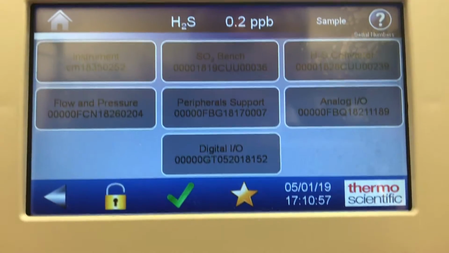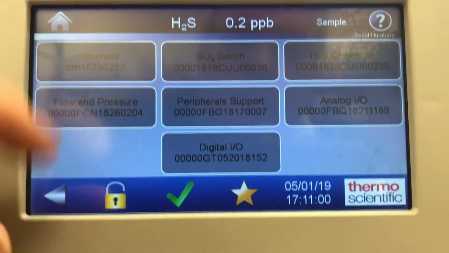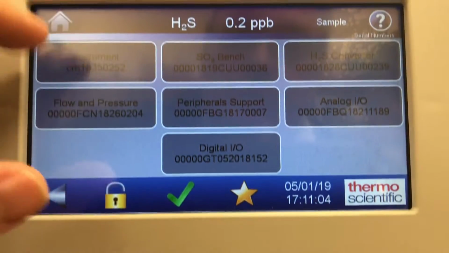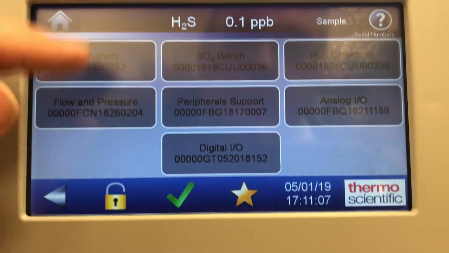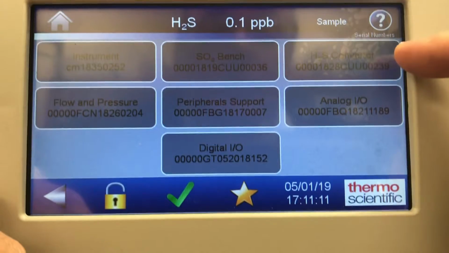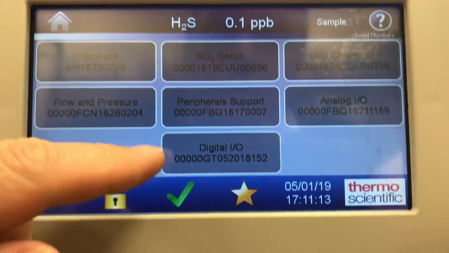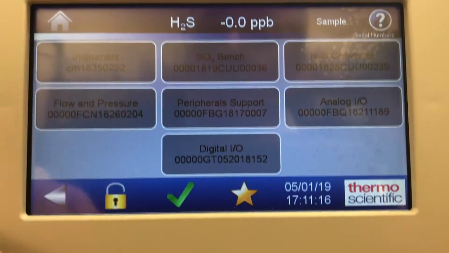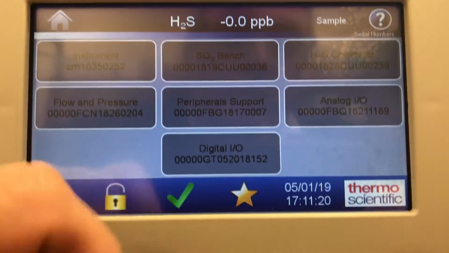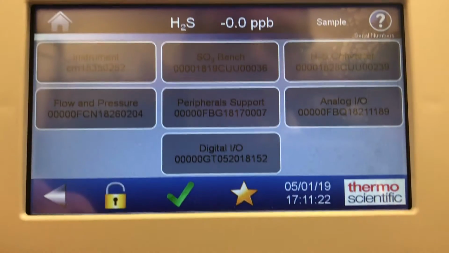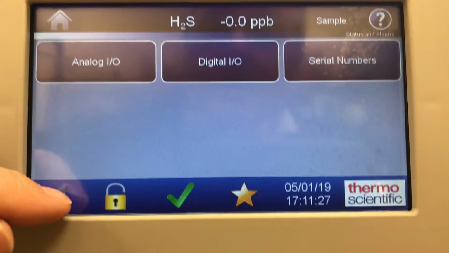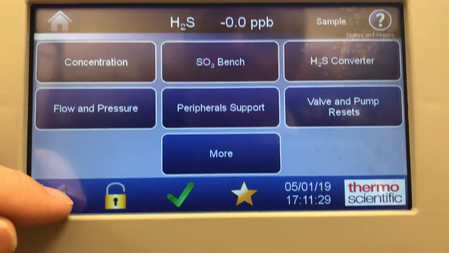Serial number, and this is great because now it's very modular, this instrument, so you can look at serial numbers of the different components. Instrument, serial number of the entire analyzer, the bench, the SO2 bench, the H2S converter, analog I/O module, digital I/O module, peripheral support, flow and pressure. So if you're talking to tech support, they can actually ask you for these serial numbers and help you along with the troubleshooting process. Going back,